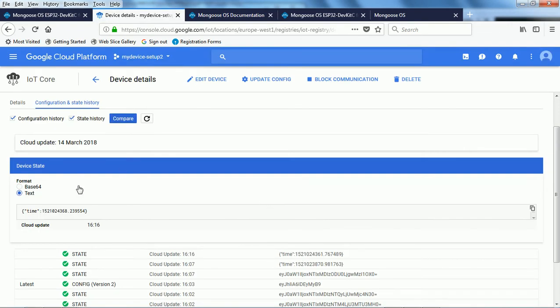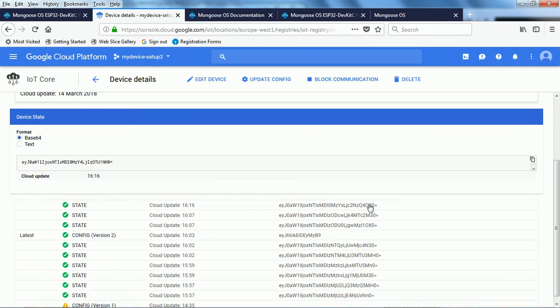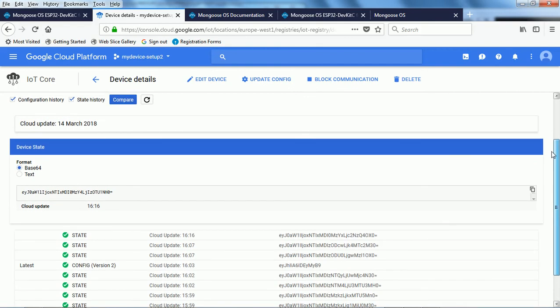Let me just refresh it. Right, so this one we got. Now these are the two messages that we have got, this one and the upper one. So this is correct.